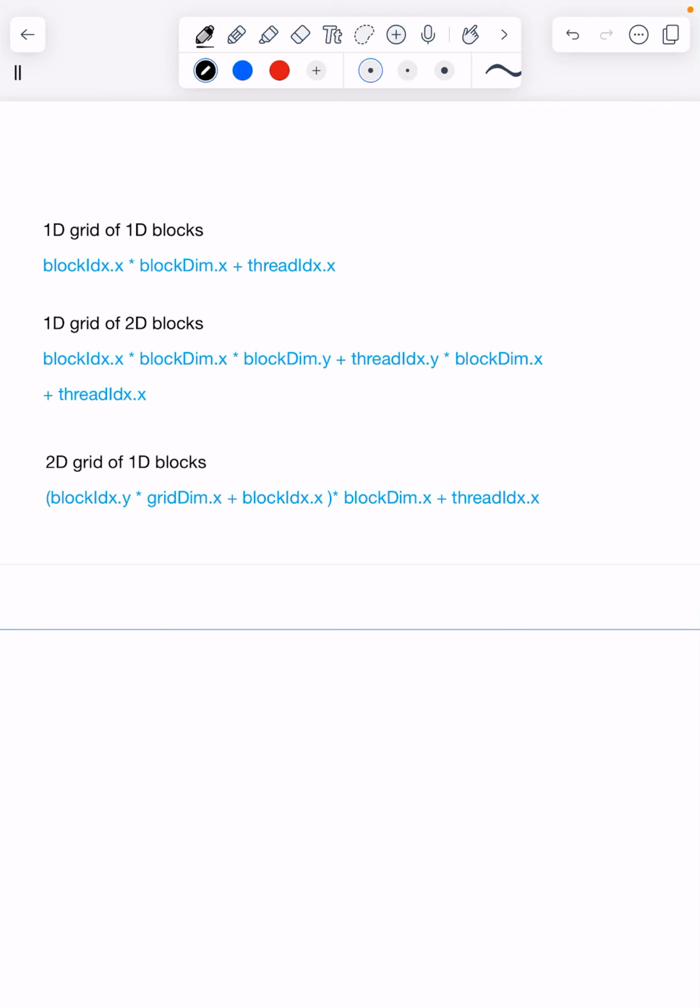The first is 1D grid of 1D blocks. The grid here is referring to a collection of thread blocks, and block means a collection of threads. So the formula to calculate the thread index here is blockIdx.x times blockDim.x plus threadIdx.x. I'm not going to